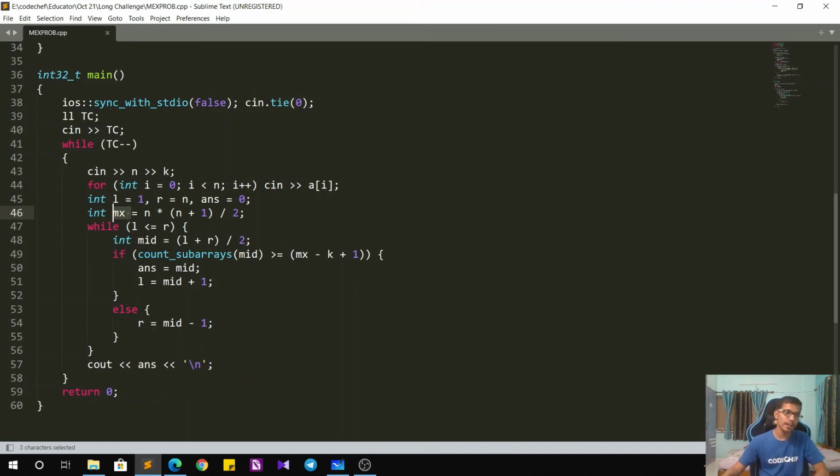And the condition for reducing the search space in the binary search is that we call the count subarrays function. Now what the count subarrays function does, it returns the number of subarrays having their max greater than or equal to mid. Now, if that count is greater than or equal to mx minus k plus 1, it means that it is one of those